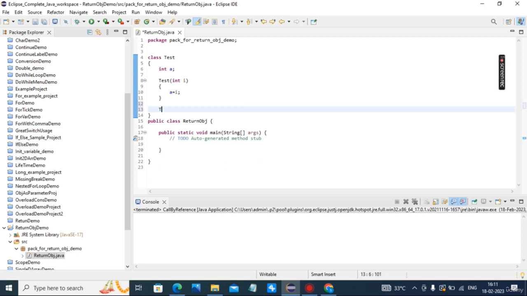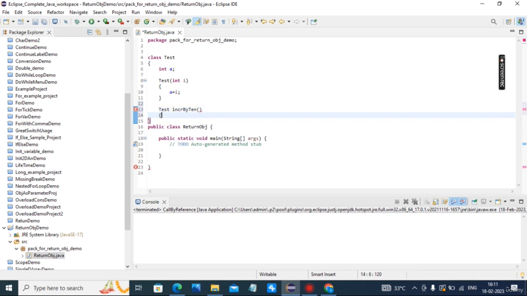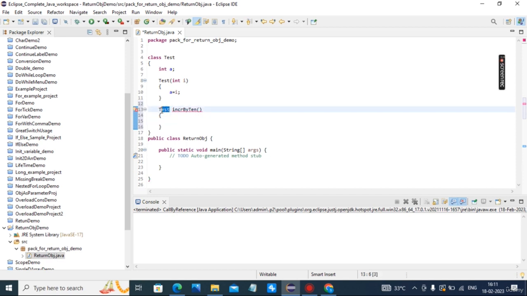Then increment by 10. So this method is returning the test class object because the return type is test. Now I create test m is equal to new test a plus 10.